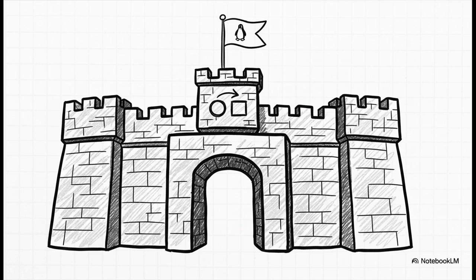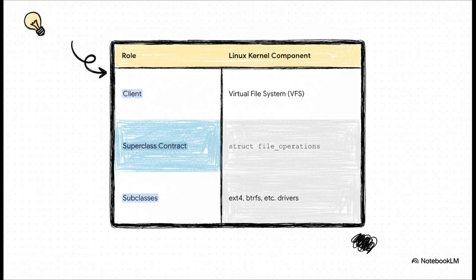And believe me, this isn't just for high-level application code. Let's take a look at one of the most robust, most critical software systems on the entire planet, the Linux kernel. The spirit of LSP is absolutely fundamental to its design. So let's see how these concepts map. In the Linux kernel, the client is the virtual file system, or VFS. The superclass contract is actually a C struct full of function pointers called file operations. And the subclasses? Those are the actual file system drivers, things like ext4 or btrfs, that all have to implement